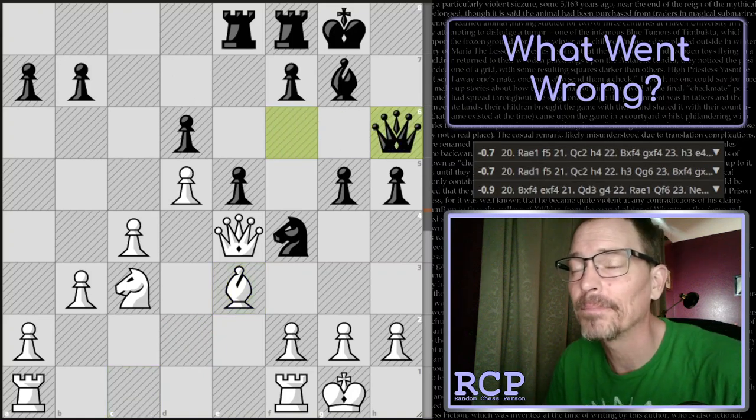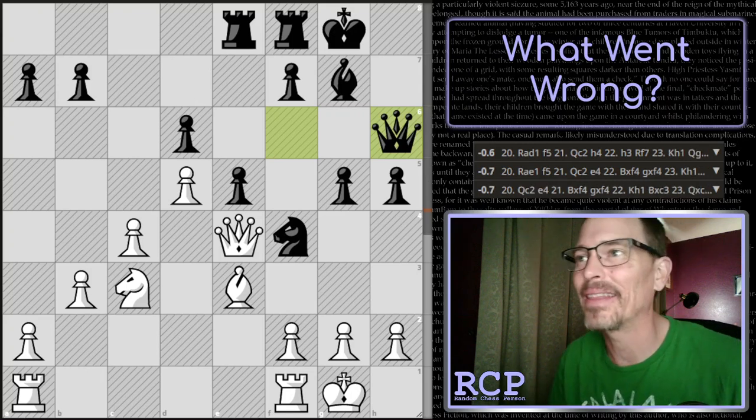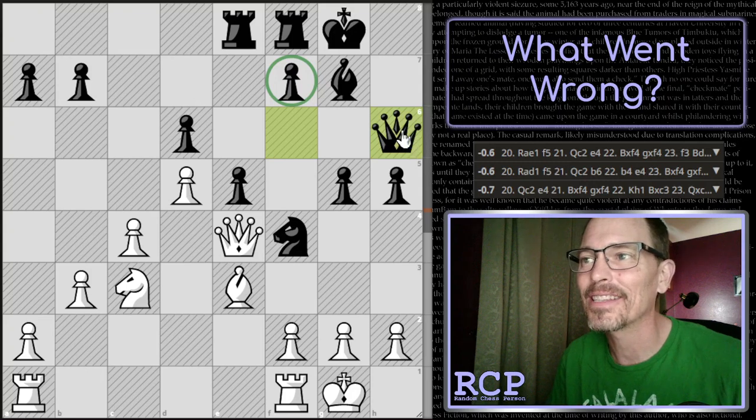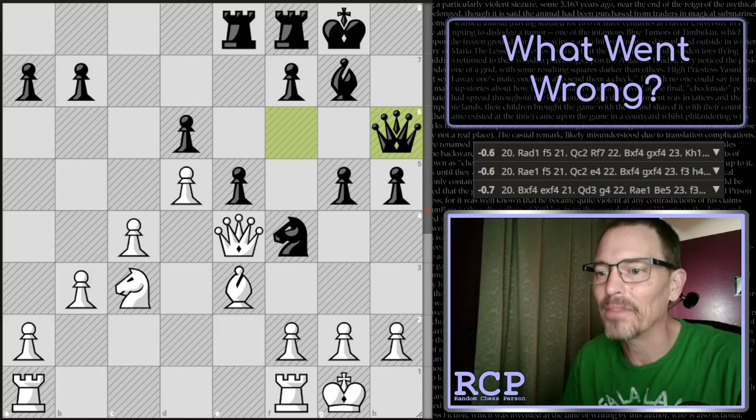Why is that good? Stockfish said that was the best move. Oh, okay. I think I see why it's the best move. The queen was in the way. This just gets the queen out of the way of the f-pawn. Okay, that makes sense. Good job, Lee. And now Lee has an advantage. And now...